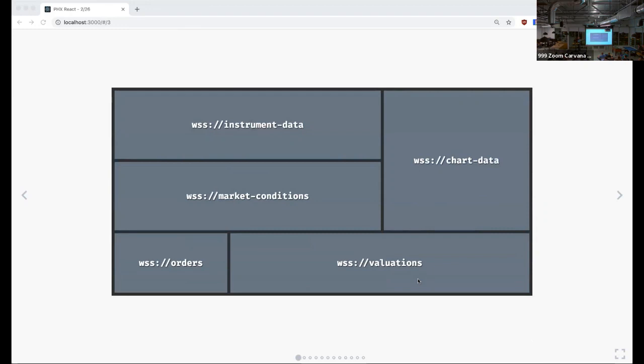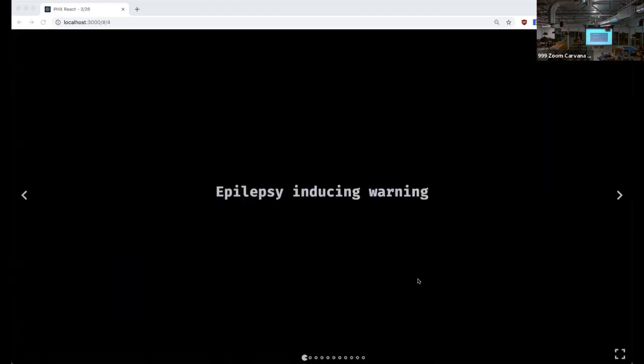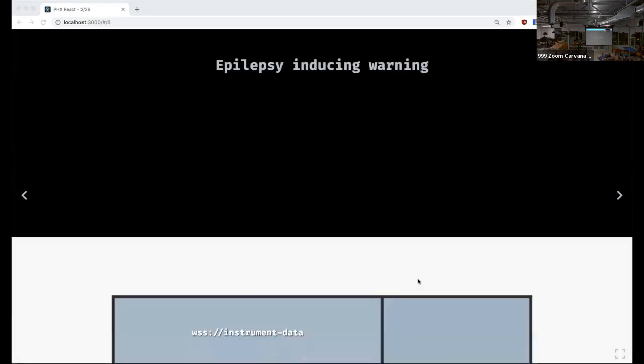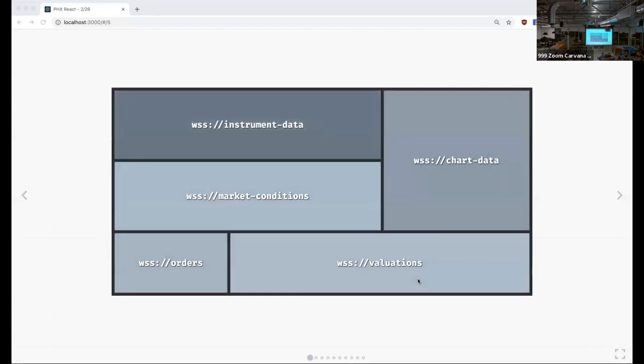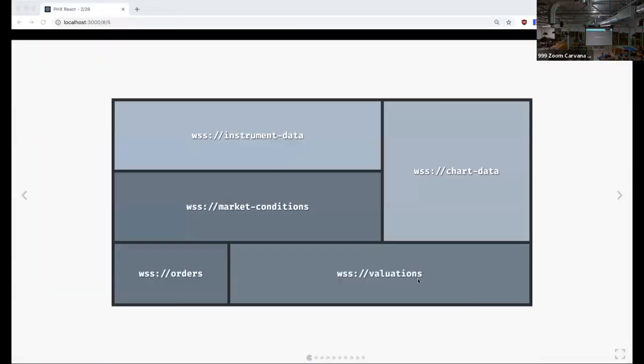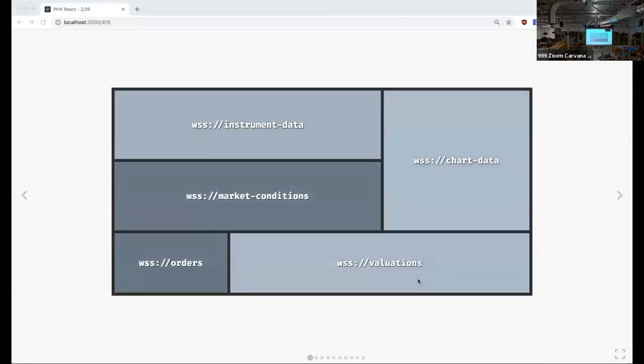So this is an idea of the UI. It's a little bit more beautiful than this in production. This is just showing you that we have these components that each hook into specific WebSocket connections. You're going to get different entities, different data types coming across for each of these components. So this is a static example. I warn you, this might be epilepsy inducing. This is a little flashy. This is what could really happen in real life: you get all these data updates coming into the components, and this is what your updating cycle could look like. I'll actually show you. This might be one user session,